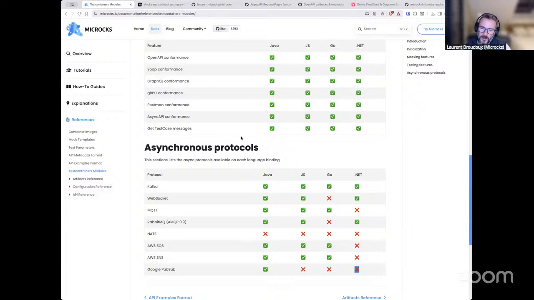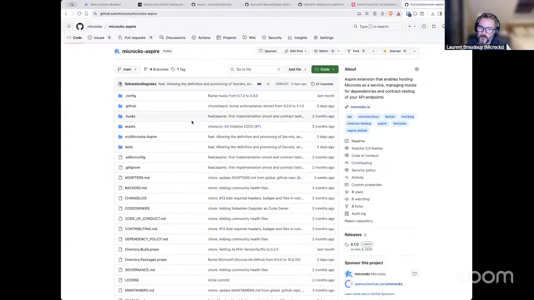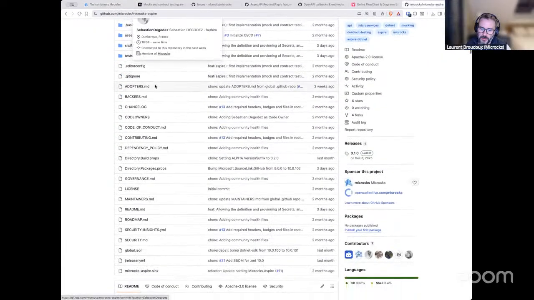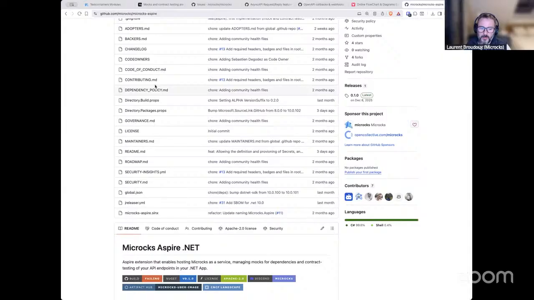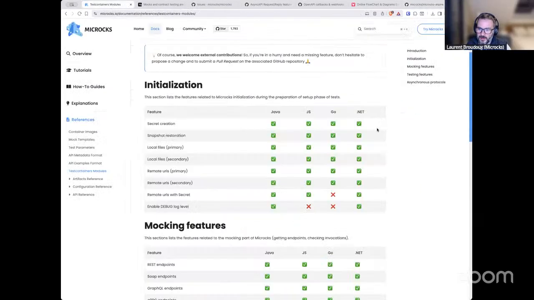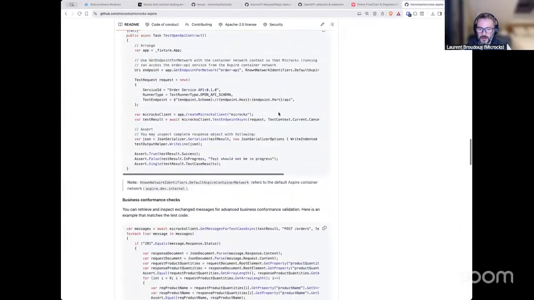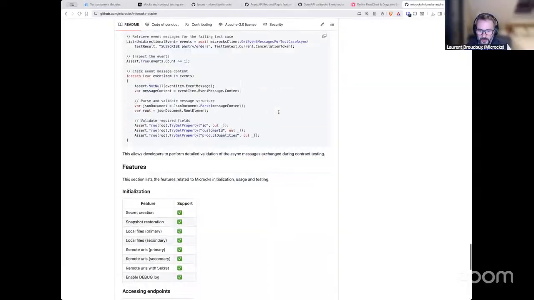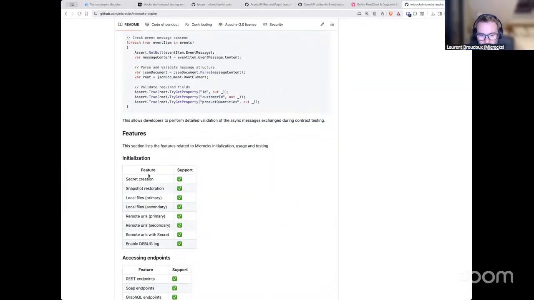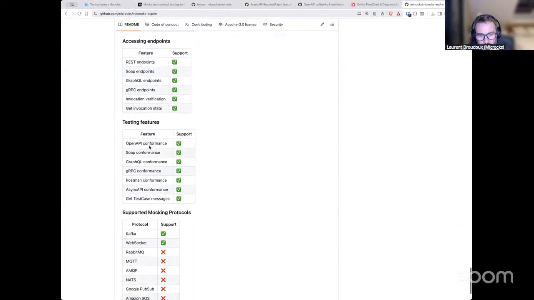And aside from this Testcontainers work, he is also maintaining the Aspire module, and is doing a big push on Aspire. Aspire is not yet in this table; for the moment it has its own way of representing things. Here we have the same tables, and you can see that it's doing pretty well.